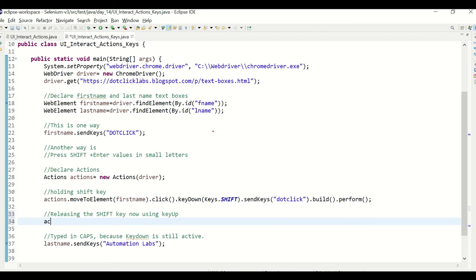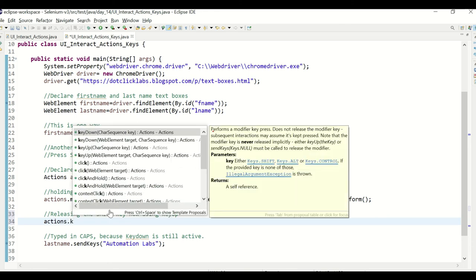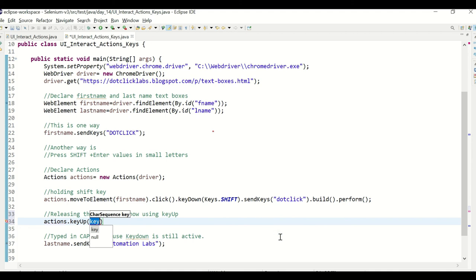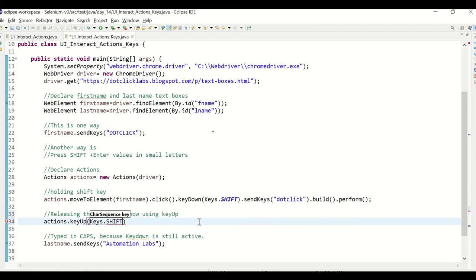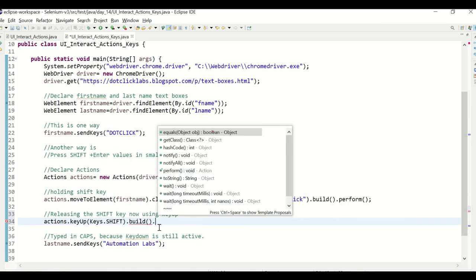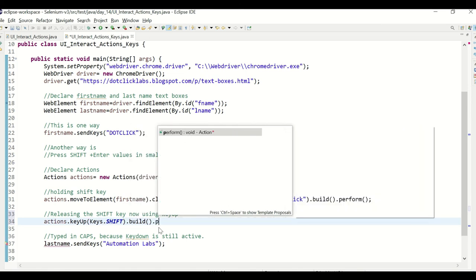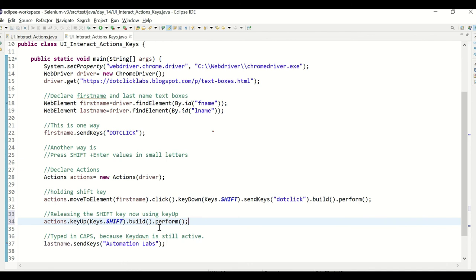Now actions dot move to element, I think you don't need it for key up, because we are just releasing the key, right? So keys dot, what is the statement? It's shift, right? Shift dot build dot perform. Okay, that's it. Now you just see how it works.